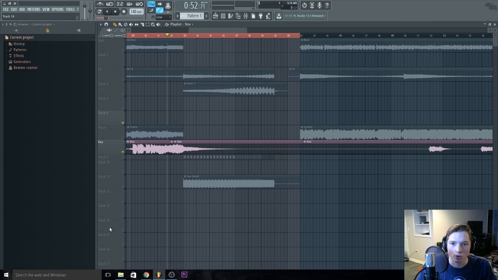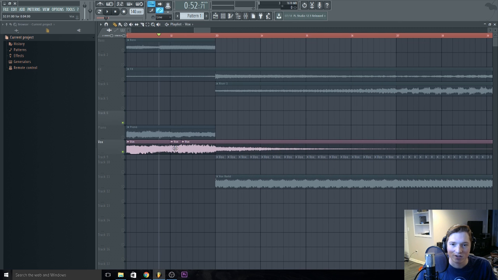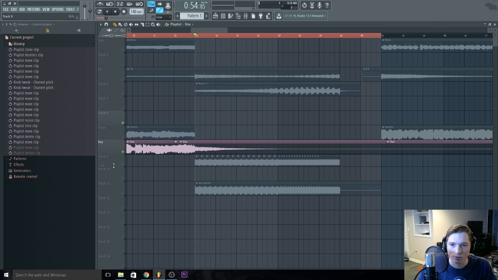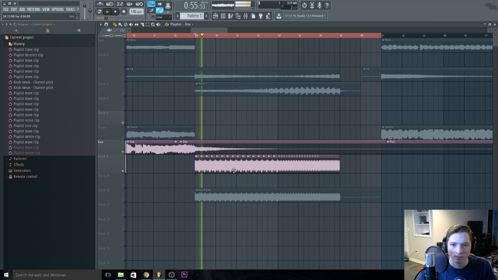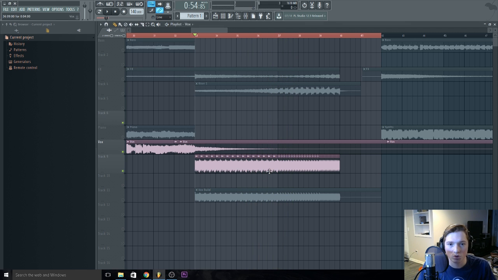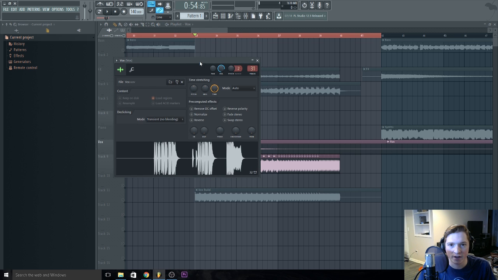So I have this vocal, and I want to get this last little chop here. And I want to make a riser with that. And what I did is pretty much just that right here. So as you can see there, when I was playing that and I was using the pitch here, it wasn't